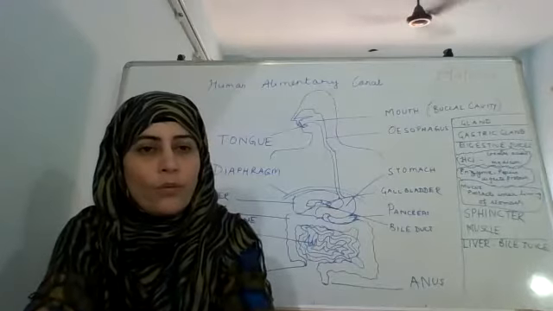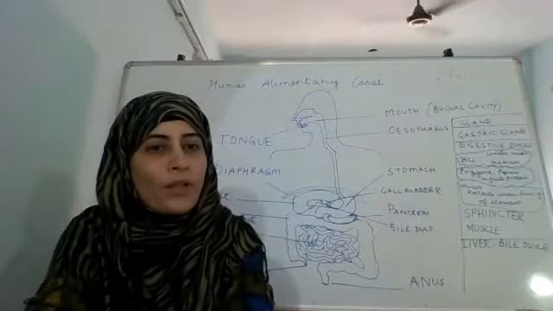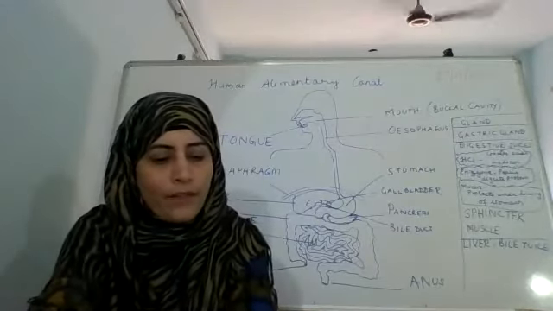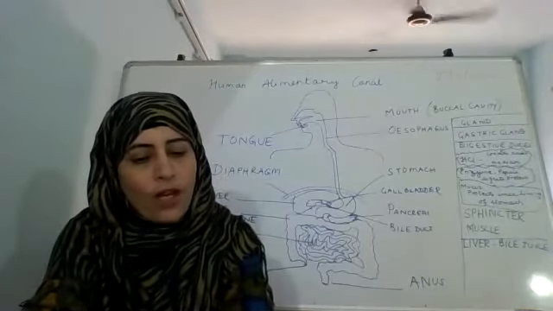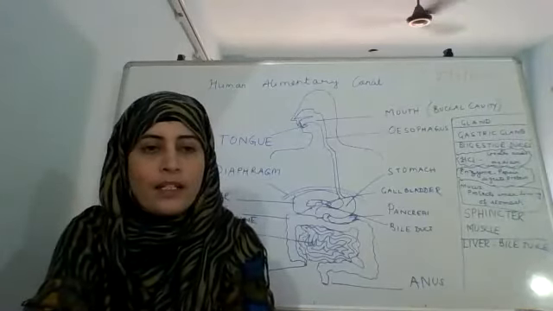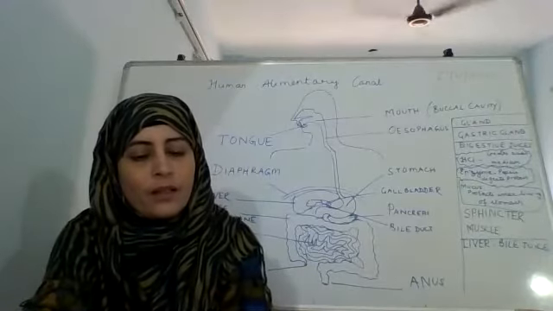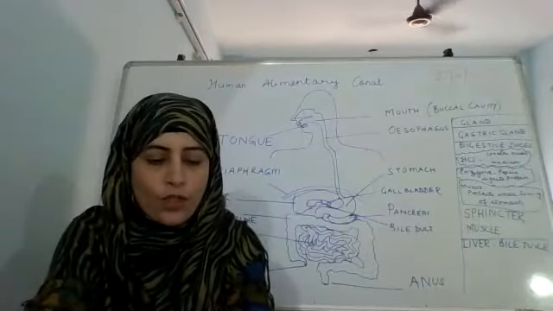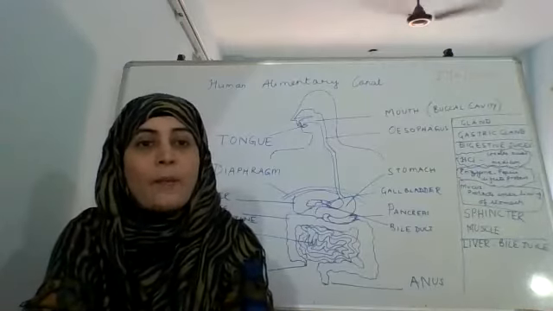What is the next thing that is going to happen? The fats are present in the small intestine in the form of large globules. What is going to happen to them? I'll read it out again for you. The fat are present in the intestine in the form of large globules, which makes it difficult for the enzymes to act on them. Full stop. Bile salts. The bile salts break them.